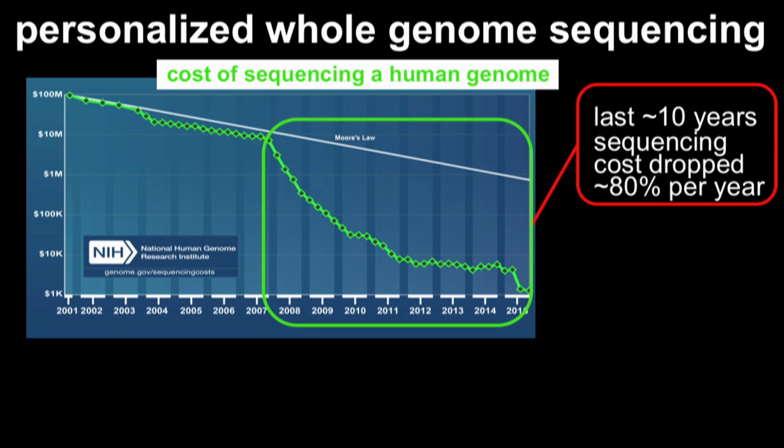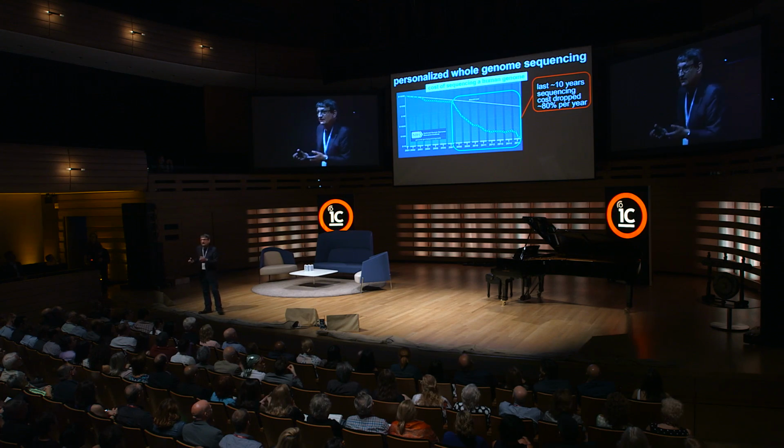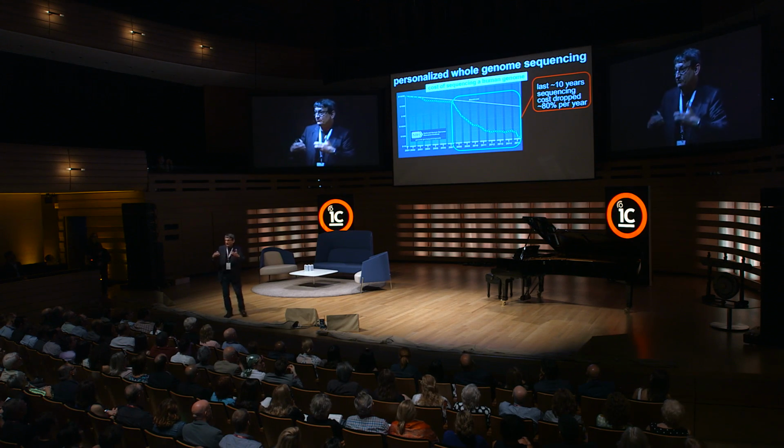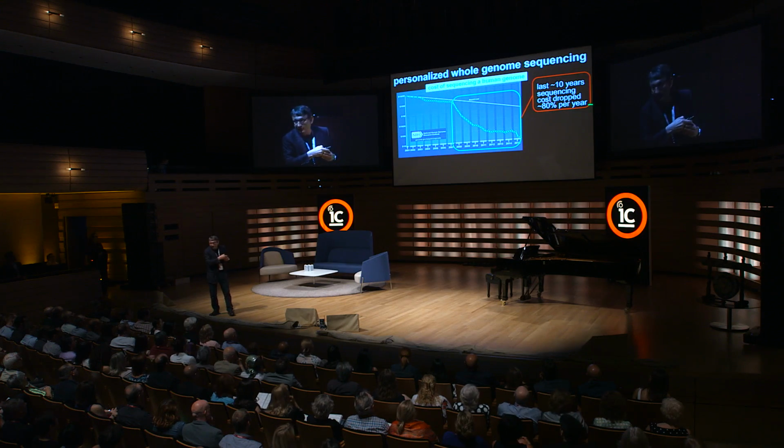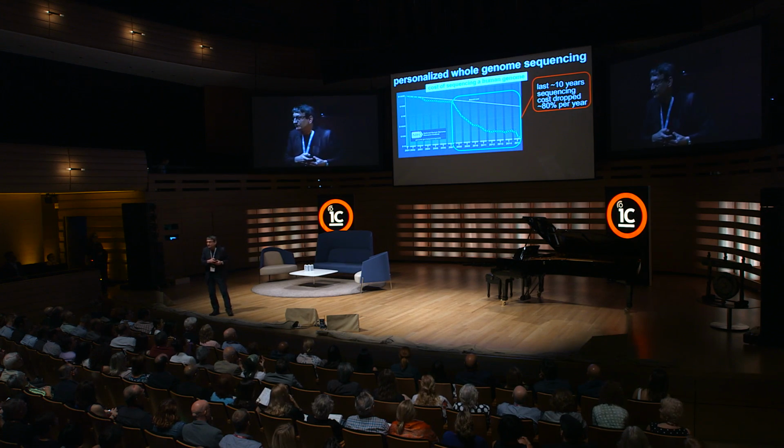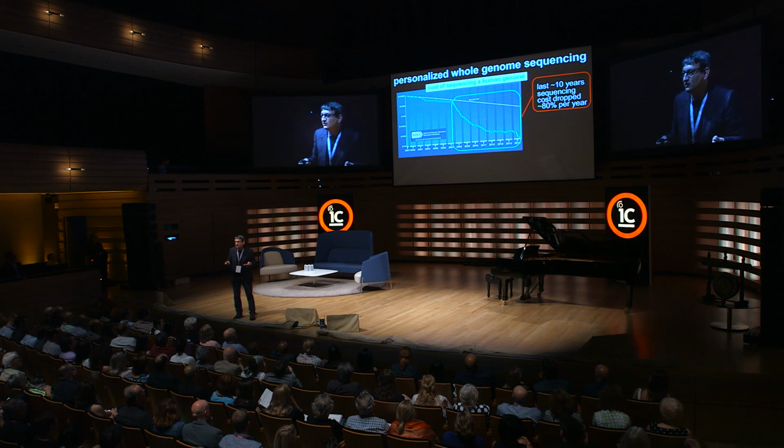And if we follow the trajectory, sorry, I've jumped the gun a bit here, but if we follow the trajectory of where the cost, which is shown by this green line here, would have been going, according to Moore's law. Gordon Moore is one of the co-founders of Intel, and in 1965 he published this paper where he predicted that the number of transistors on an integrated circuit would more or less double every year. There are many iterations of Moore's law now, and if the cost of genome sequencing had followed Moore's law, by the end of 2015 it would cost just under about $1 million US dollars.